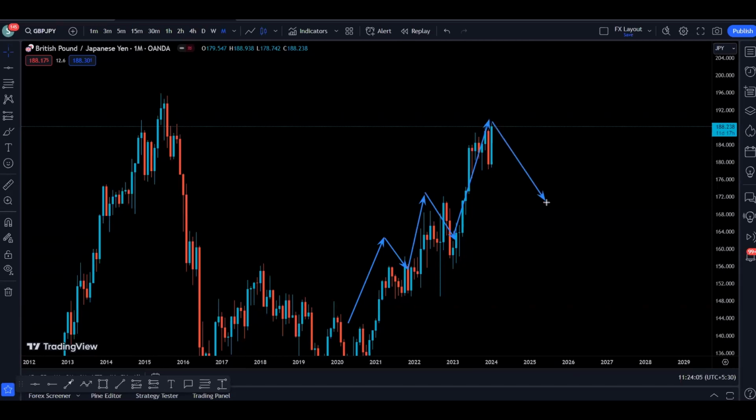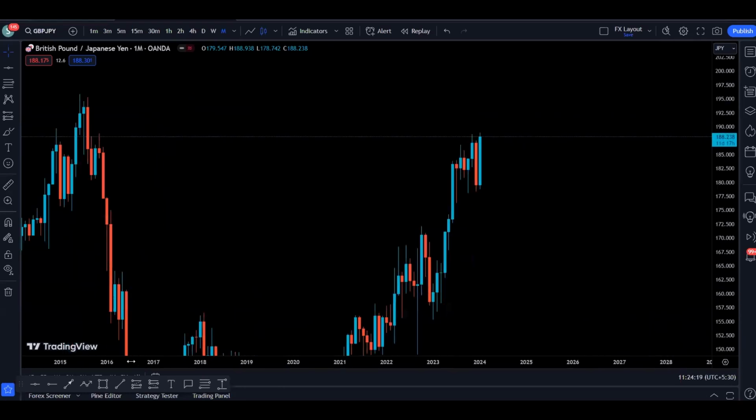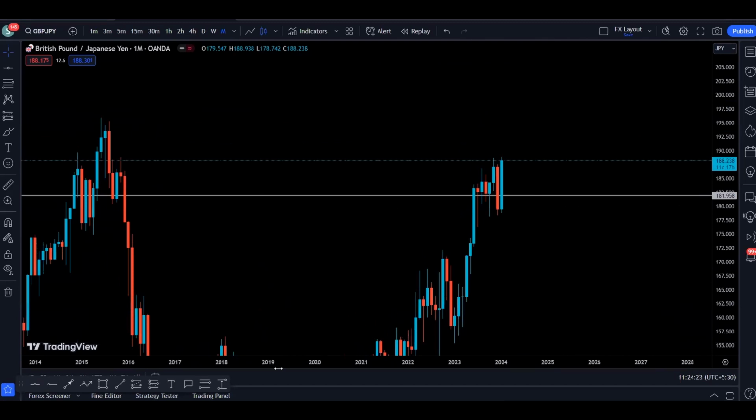So price can come down, or we can come down further, or we can continue going up from here as well. If we look more closely, we can find more detail. We had this support right here, and we got the last monthly candle close below the support. As I mentioned before, there is a very high probability if the price breaks the low of the previous candle. We can see that the current monthly candle did not break the low of the previous candle,